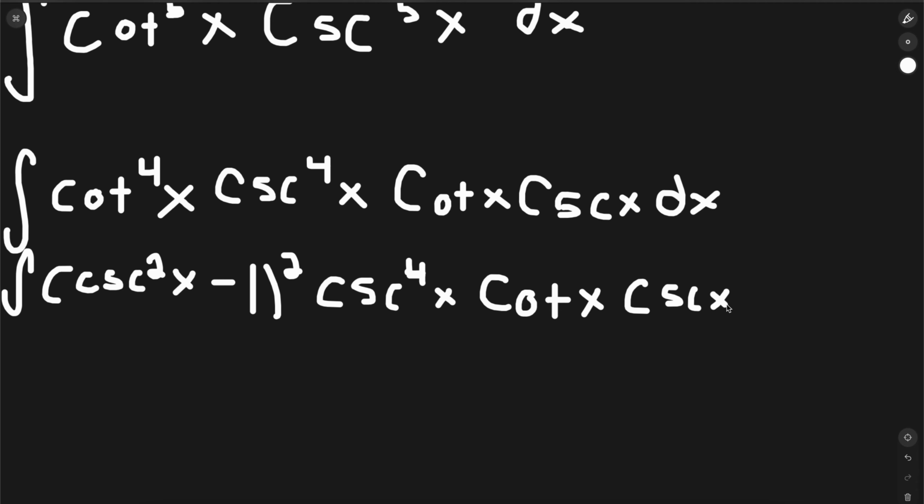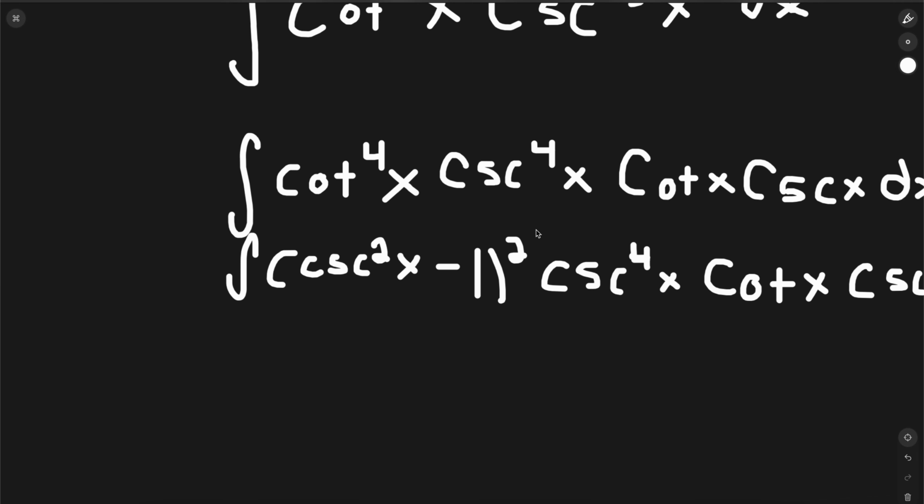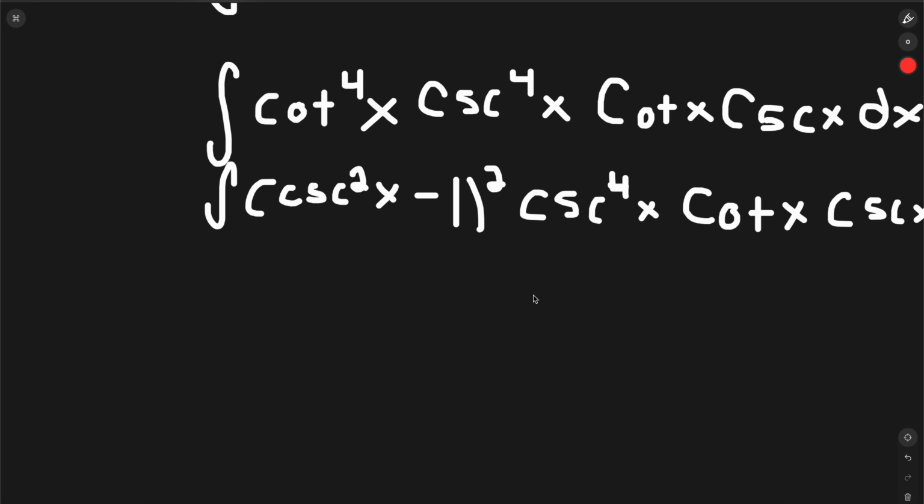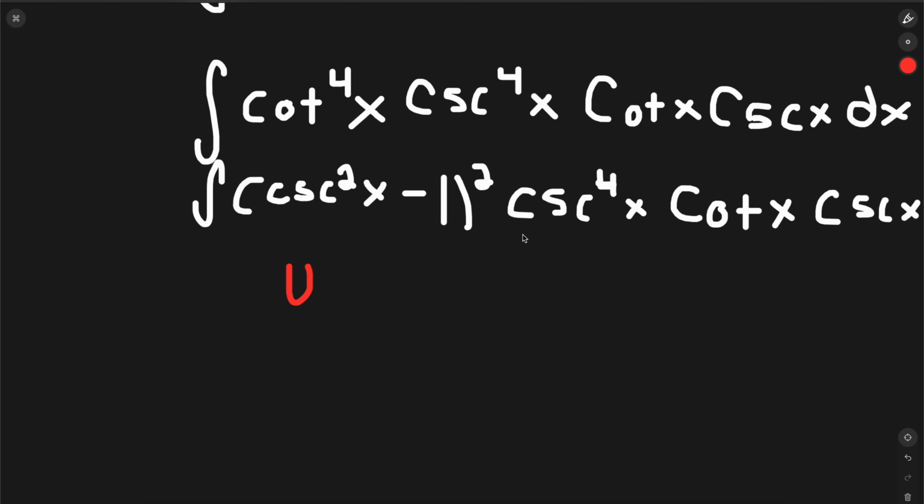Cosecant cotangent of x dx. Okay, so the u sub here, we need to identify what is u and what is our du. So our u here, remember we said we take the derivative of this, we get cotangent cosecant, right? That's just on your, hopefully you've been given a reference sheet. If you look at just the common integrals, the common derivatives, cosecant of x derivative is cotangent cosecant. So u here is just going to be cosecant of x,